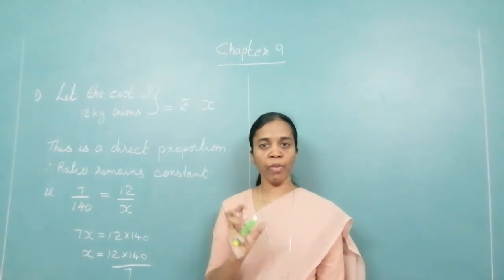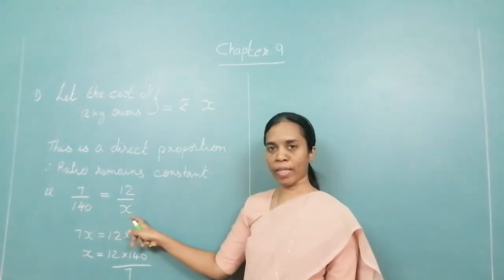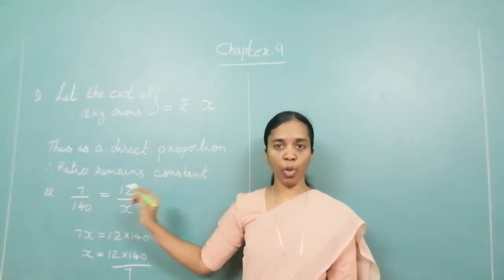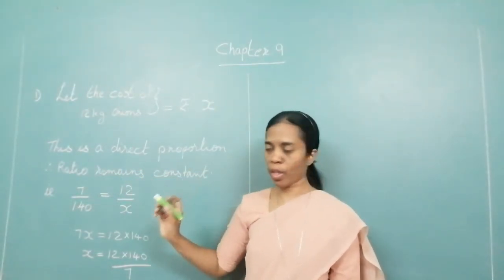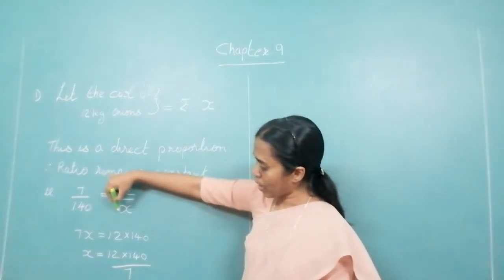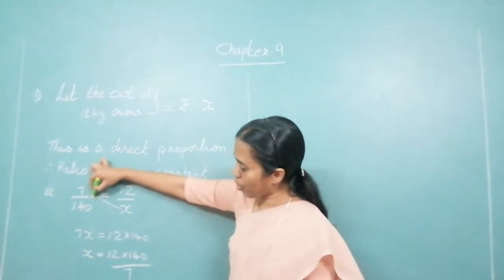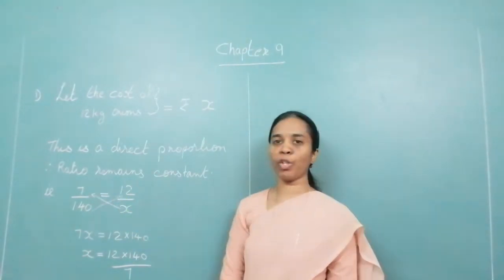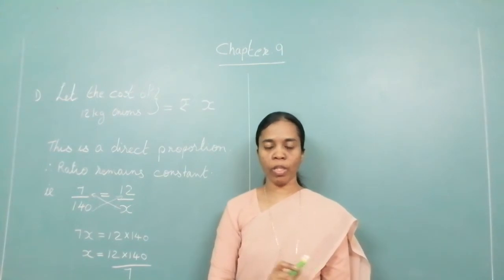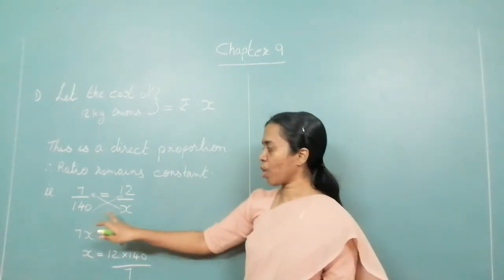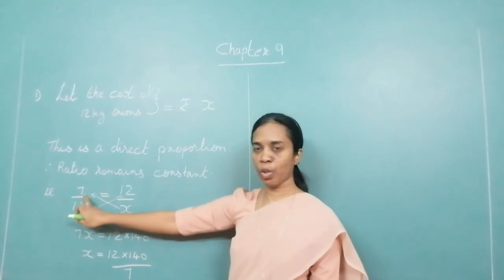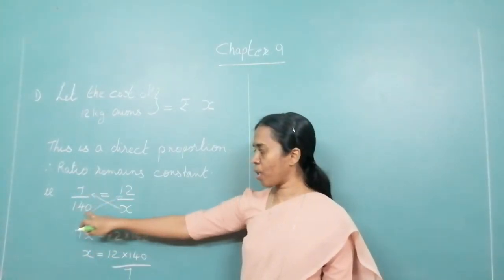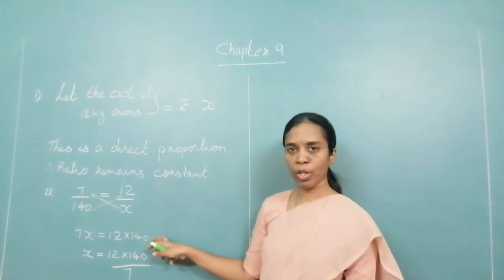Now, how do we solve it? What are we supposed to find? We have to find the value of X. Now, we do the cross multiplication. I don't want anyone to draw it. I'm just showing to you. Okay. We do cross multiplication. That is, this denominator will go to this numerator. And this denominator will come to this numerator. Please don't draw it. You have to do it in your mind. Okay. So if this denominator comes to this numerator, you get it as 7x equal to 12. And this denominator is coming to this numerator.